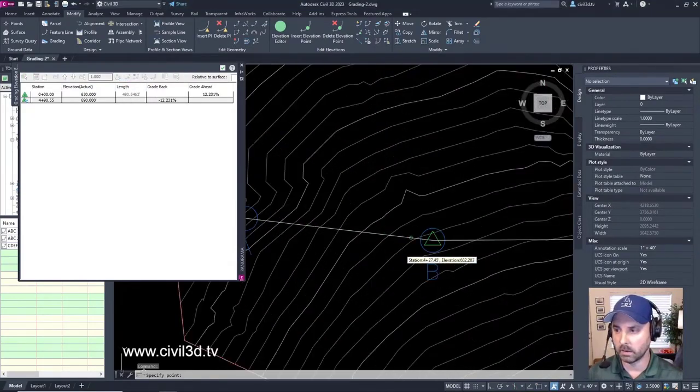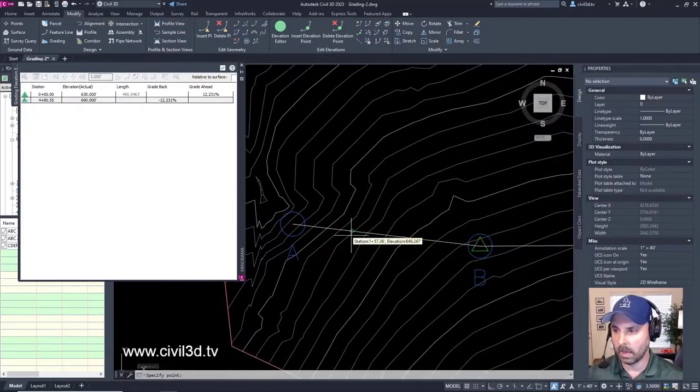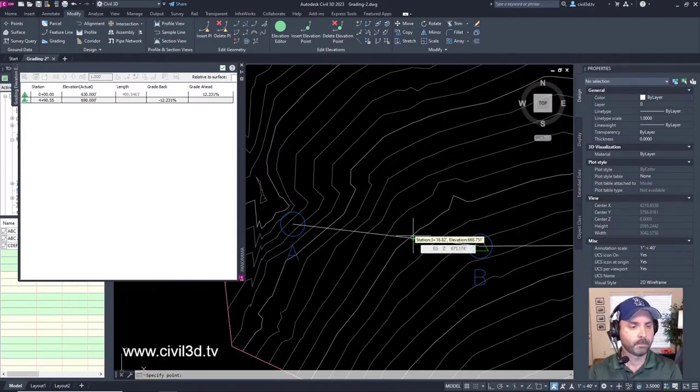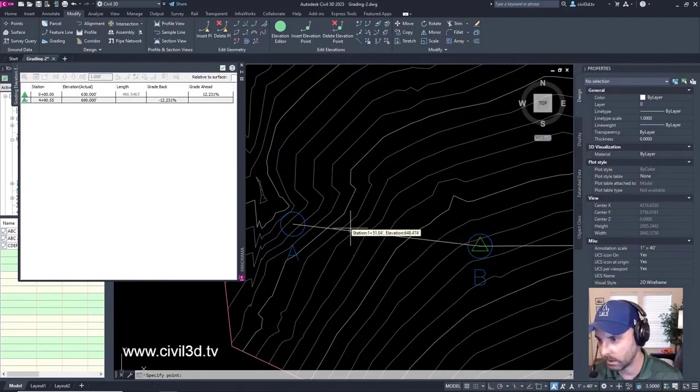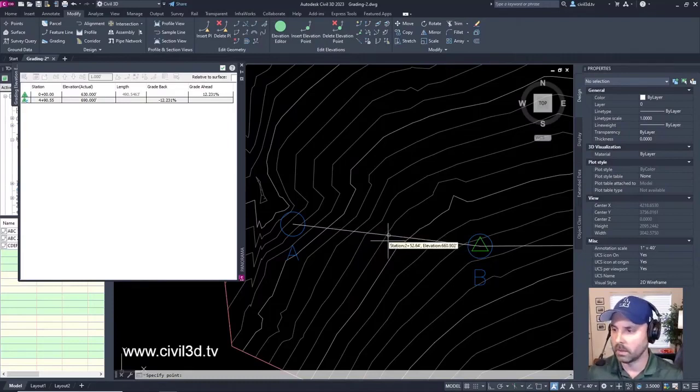Now you see how I have a little green circle that shows up on the line in between A and B. It's a little tooltip that shows the station value and elevation of the point. Can you see that? Yeah, it shows the station and elevation at that point, roughly right about there. That nice little tooltip. We're going to move it to about the middle of the feature line, roughly about right here.